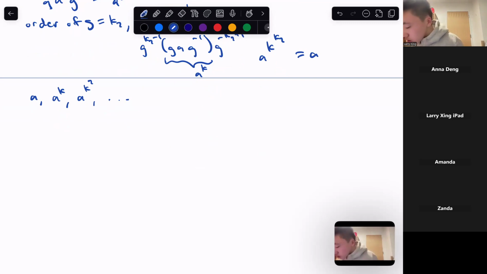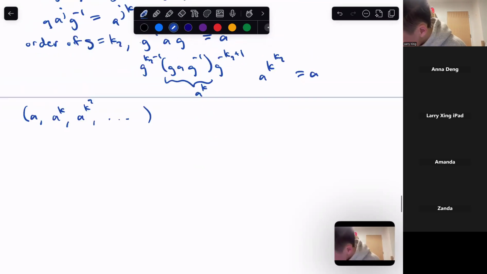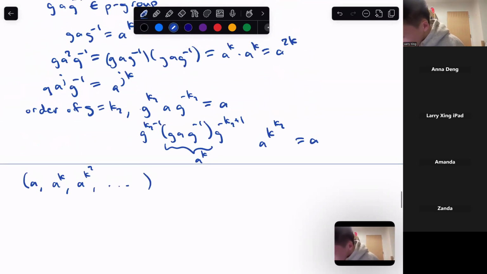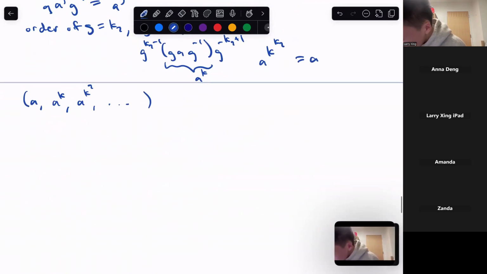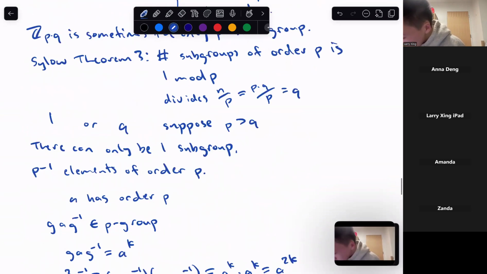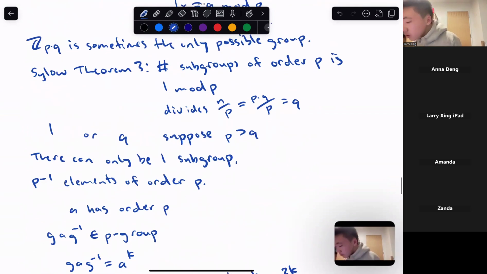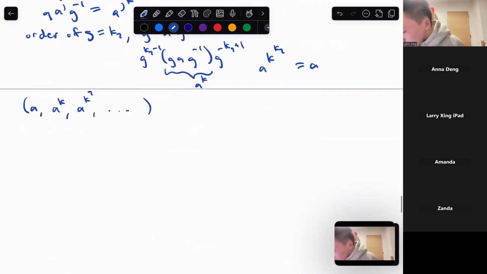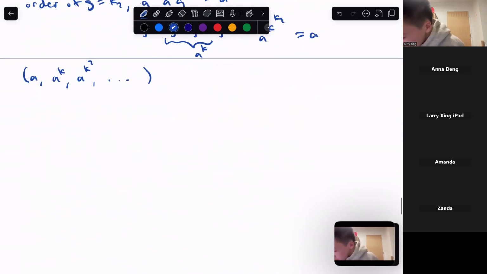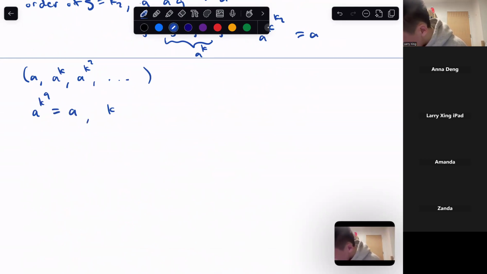Suppose we knew the order of G. Because we know our group is of order P times Q, we also know there must exist an element of order Q. So let's say we conjugated by that element of order Q. Then that means we know that A^(K^Q) equals A. And so K^Q is congruent to 1 mod